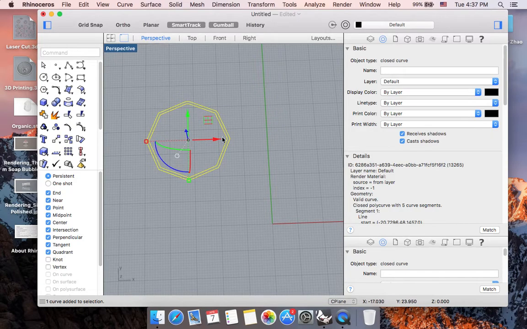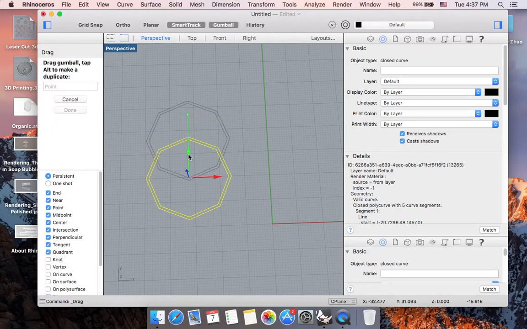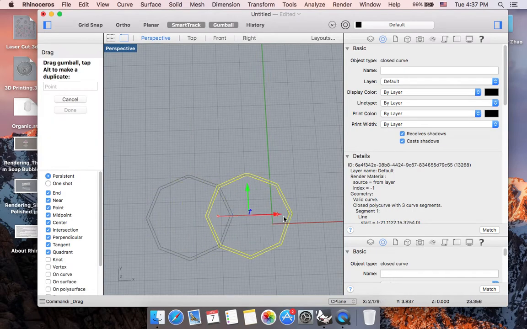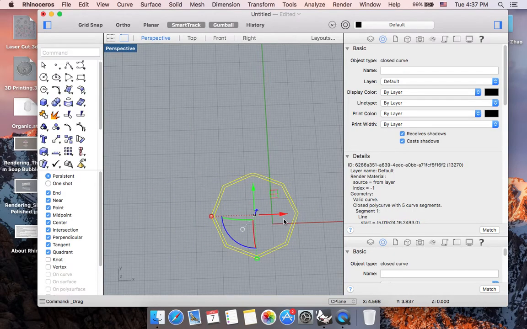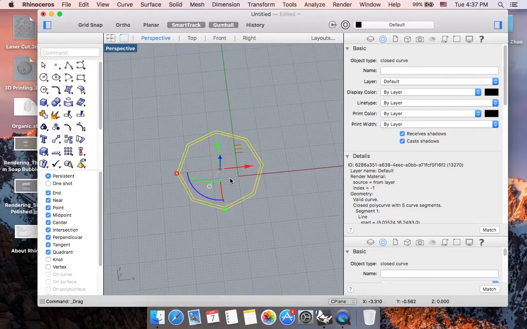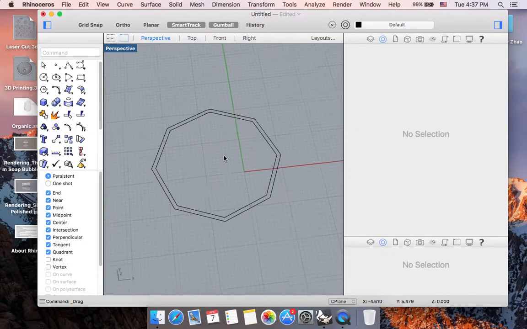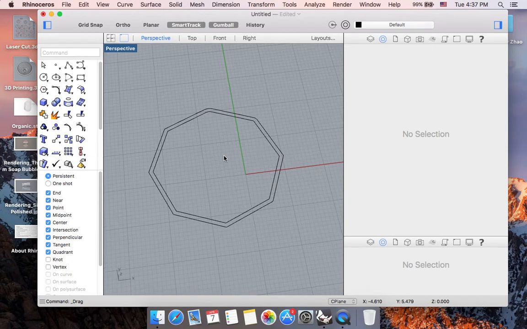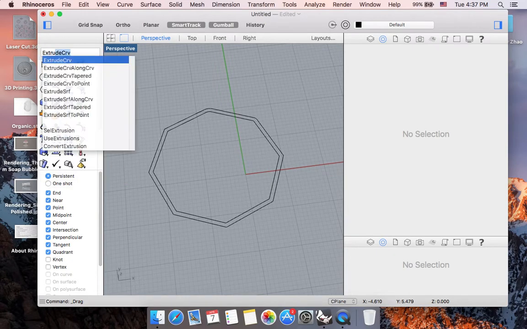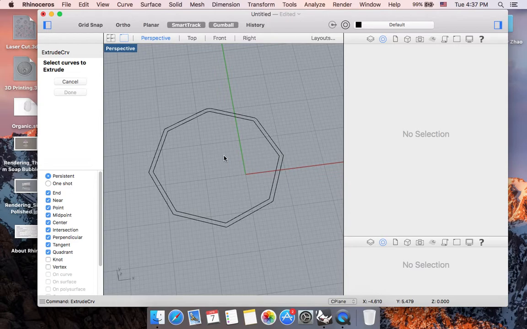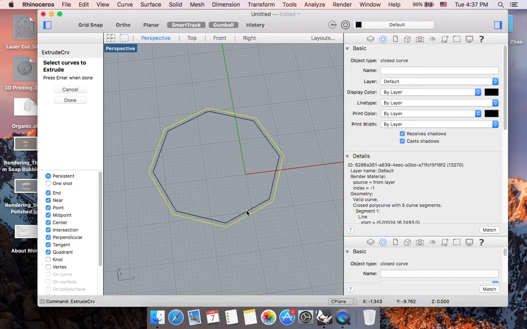And now that I have my gumball activated, I can move this set of lines around to where I need it to be. And now I want to demonstrate the command ExtrudeCrv. So you can start by typing in ExtrudeCrv, hit return when you finish entering, and now it's asking me to select the curves that I want to extrude, which in this case is both of my curves on my screen right now. And now I'm going to press enter,